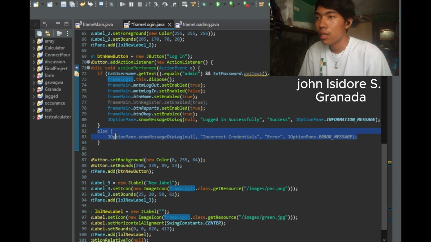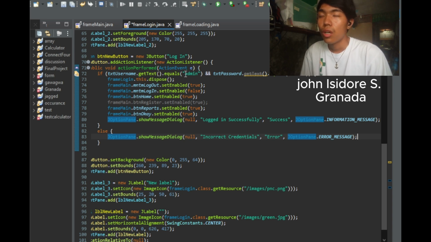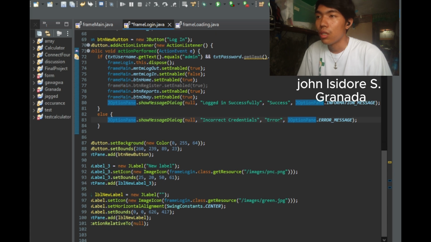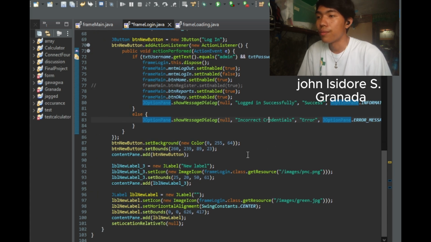Using this else, we have a JOptionPane message dialog set to null, with words saying this is an incorrect credential or error. When the user enters an incorrect username and password, this else option will show the incorrect credential message.